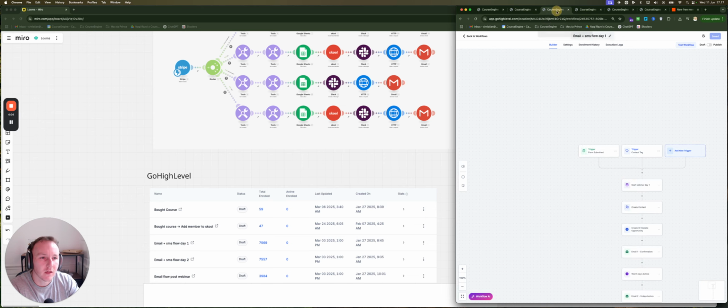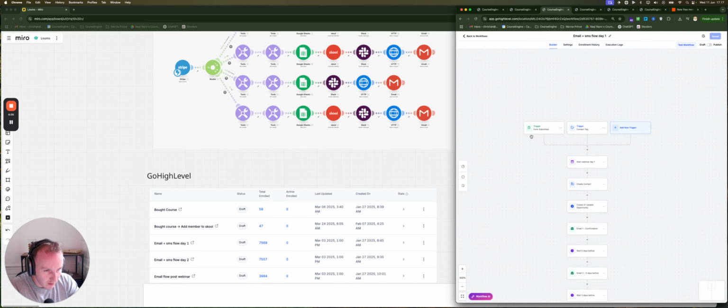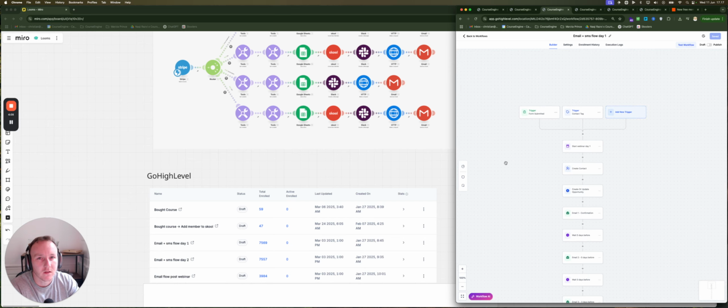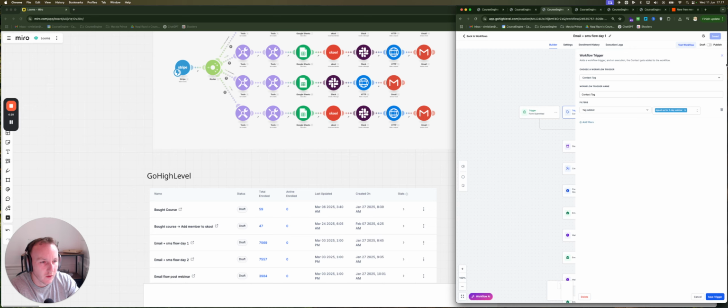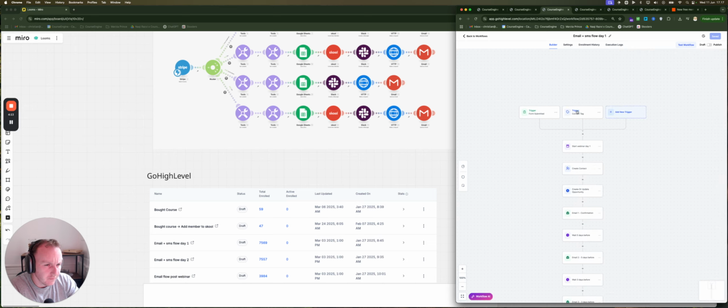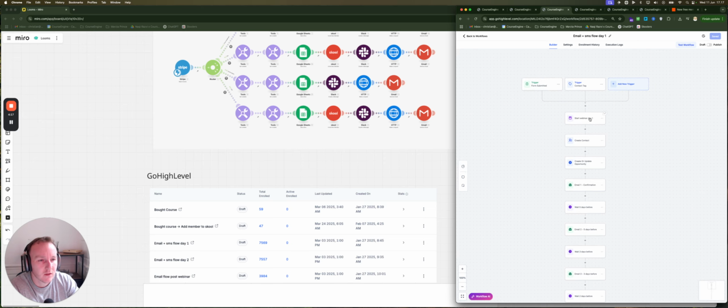So this is when it gets a little bit more interesting. Whenever someone submitted the form inside of the landing page, we gave them a trigger. Then we set a start date. You need to set a start date because then you can schedule in the emails, even if you do it in automation. So you set the date of the webinar, and then we created the contact,